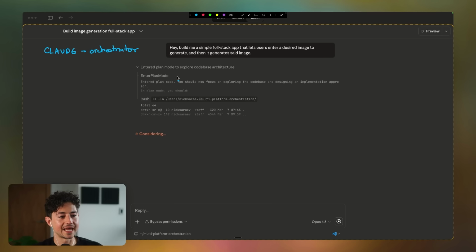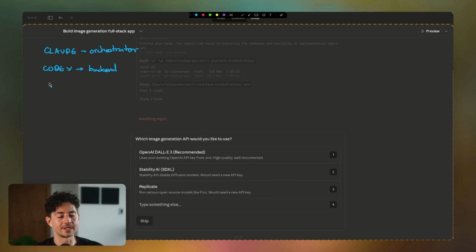Now, this is going to plan things out for us, which is why it's entering this plan mode. Next, what we're going to do is delegate all difficult tasks, like backend tasks, to Codex, as well as testing tasks. Then down at the very bottom here, for anything related to front end, we're going to delegate that to Gemini. And so we're going to build basically an ecosystem here where Claude is shuttling information back and forth between Codex and Gemini for various things.